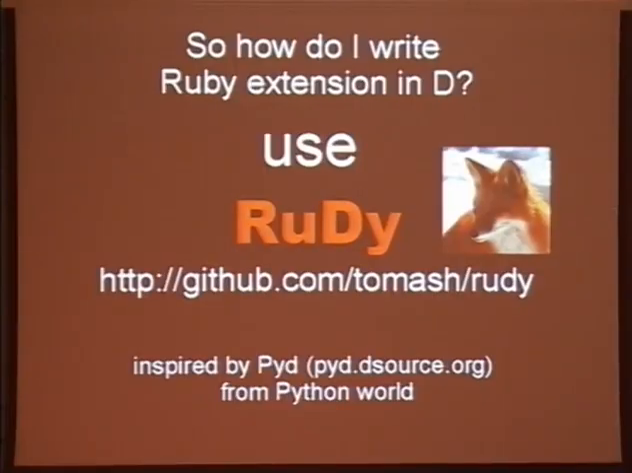Okay, so how do I write Ruby extensions in D? Well, it's not that easy to just take a header file from C. You also have to prepare this file in a pretty usable way for D, because D doesn't read header files. So I started to do it. And this project, of course, started